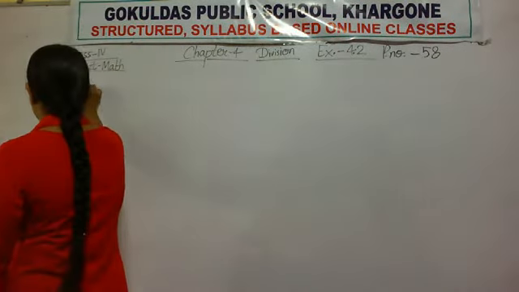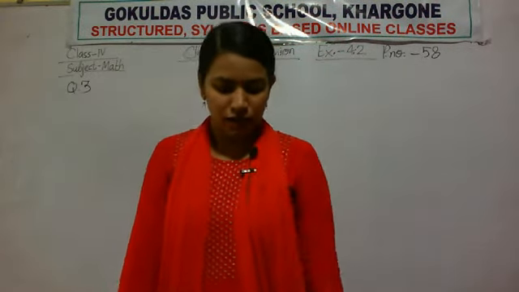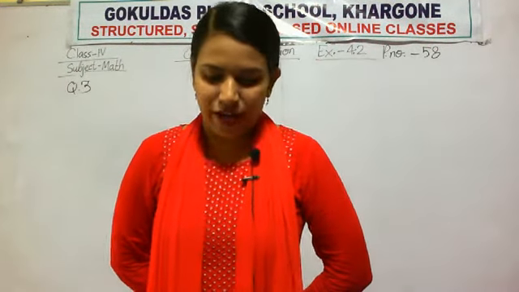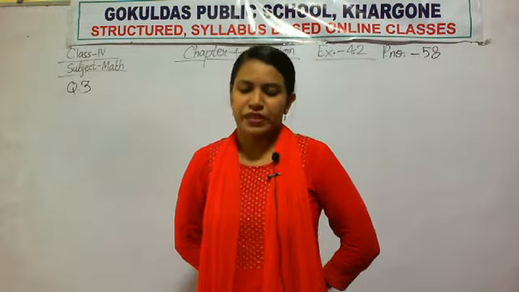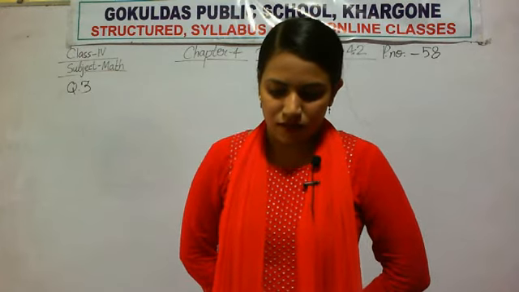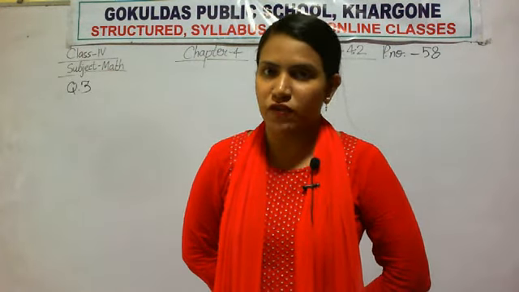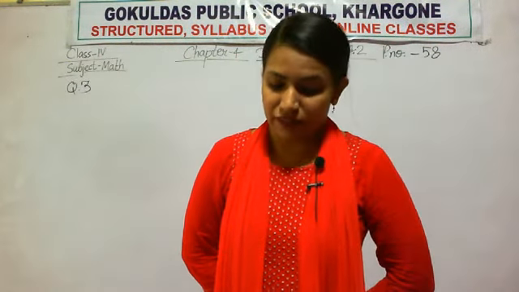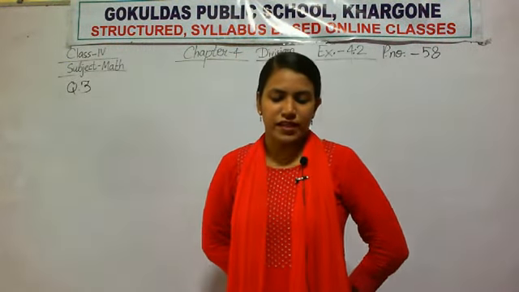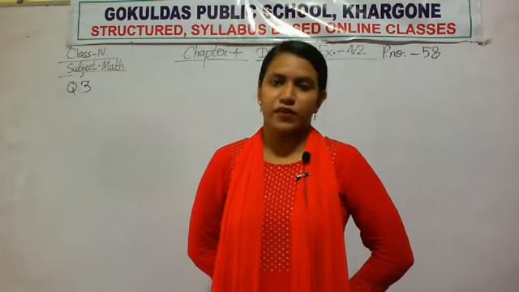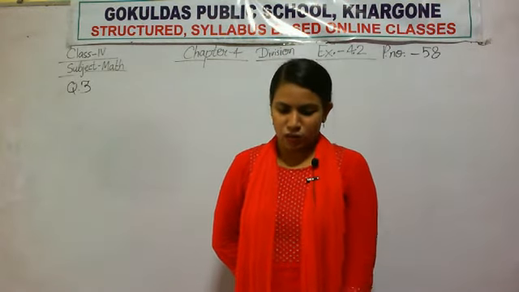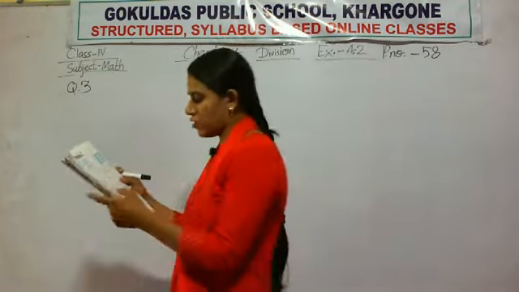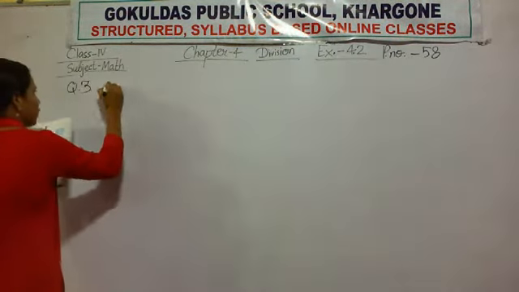Okay, let us move to question number 3, which is a word problem. A group of 4,383 children went for trekking. They formed groups of 100 for doing group activities. How many groups did they form? How many children were left? As you know that we are performing the division exercise, so obviously we need to do division over here.